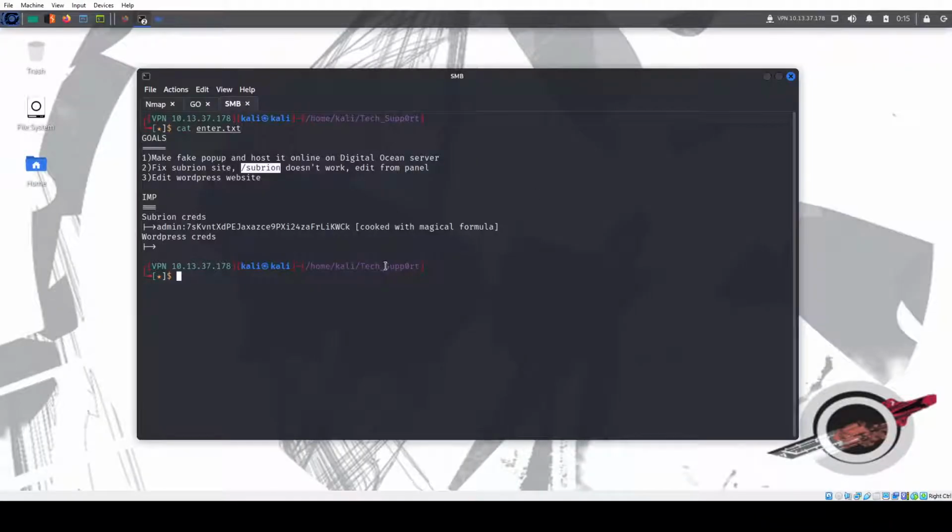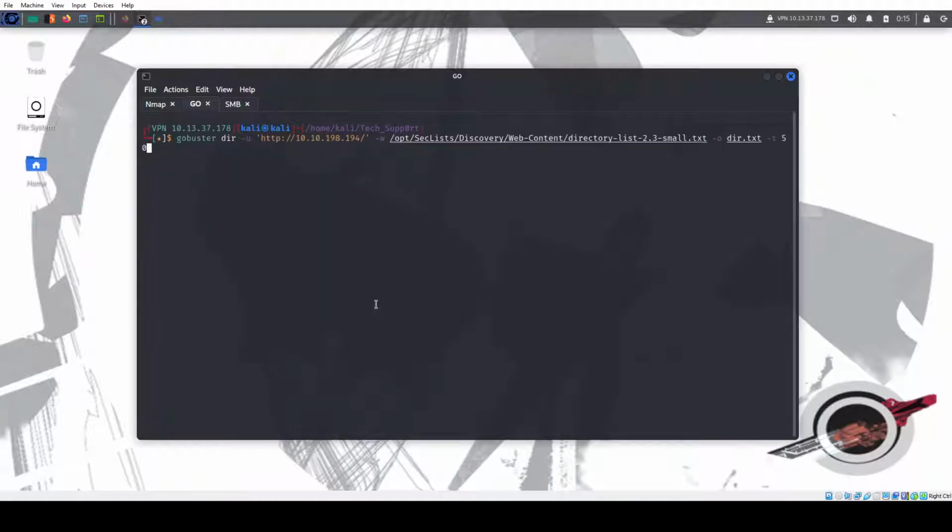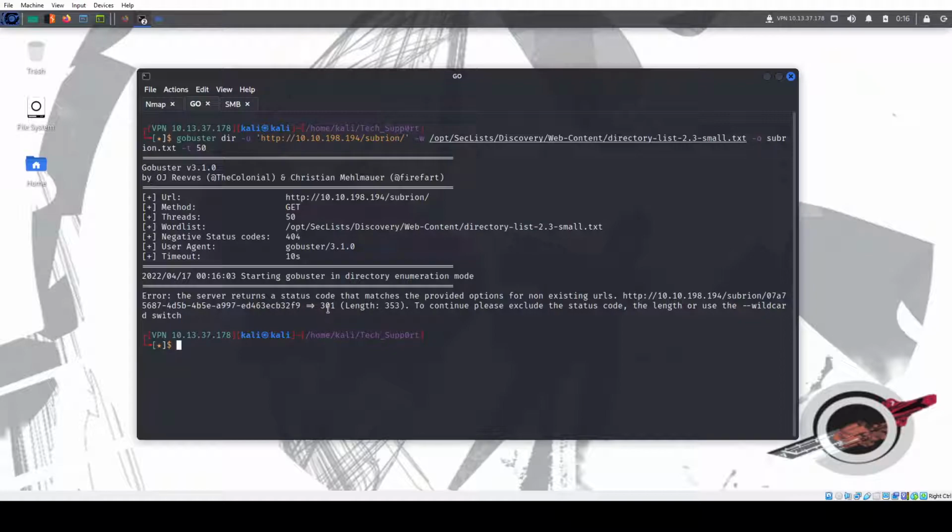So what I did is I ran a Gobuster against it. Let's see, I'm going to call this Subrion, and then I did that, and I tried looking for things. This gave me, okay, we have a wildcard, too many results going to 301. Whenever I'm dealing with 301, which is an HTTP redirect, I always like to use -f to force the directory, so that it actually ends with this slash. Then we're going to blacklist that,